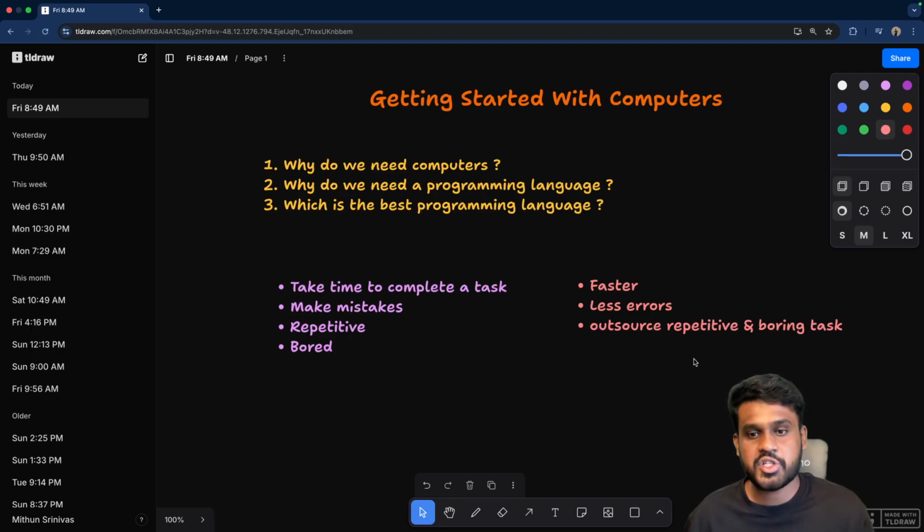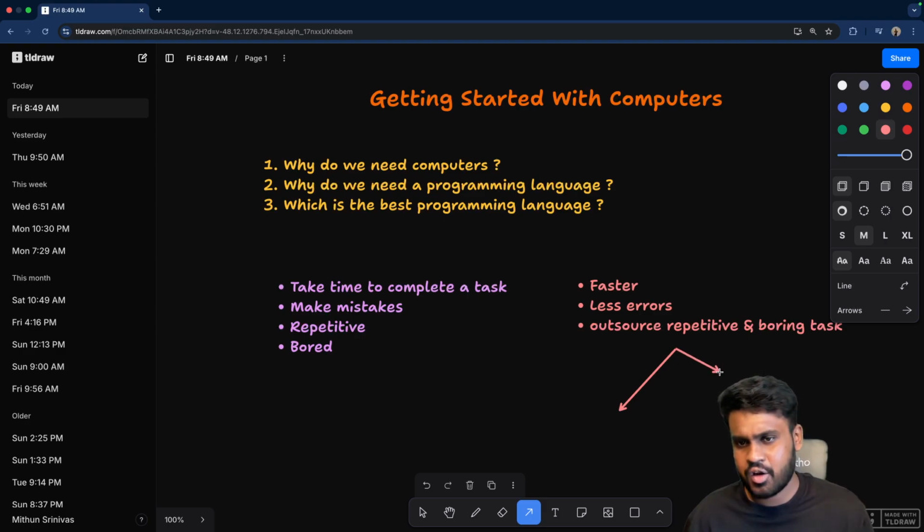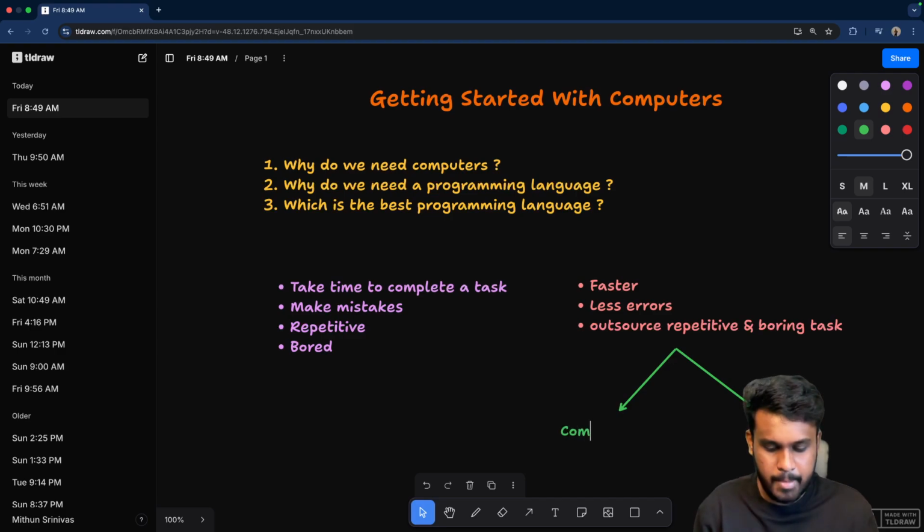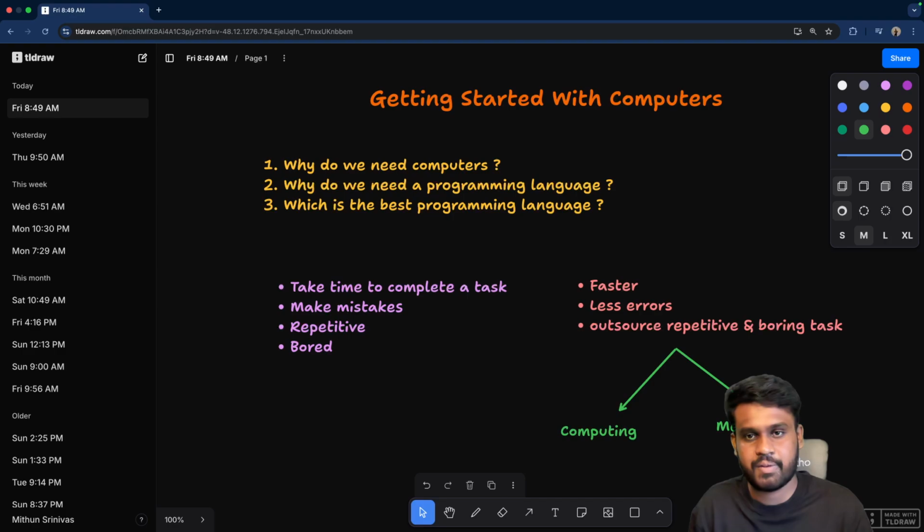Okay, and how are machines able to do this? Because of two superpowers. Again, there are a lot of things at the core. They have these two superpowers. What are those superpowers, Mithun? So the two superpowers are the computing capability and the ability to have memory. So these are the two important capabilities. Again, if you are a software developer, you're working on DSA, or you are working on estimating if a program is good or not.